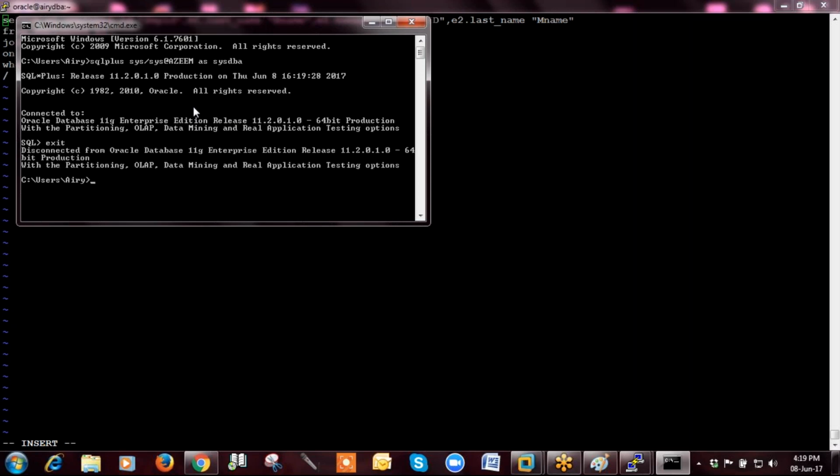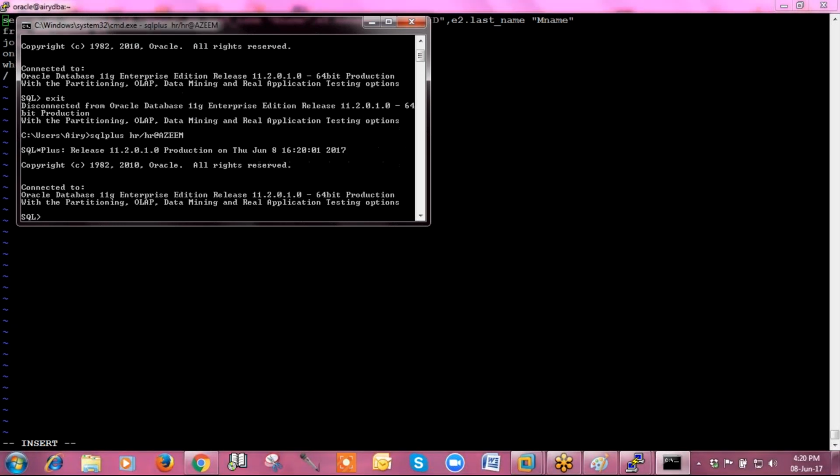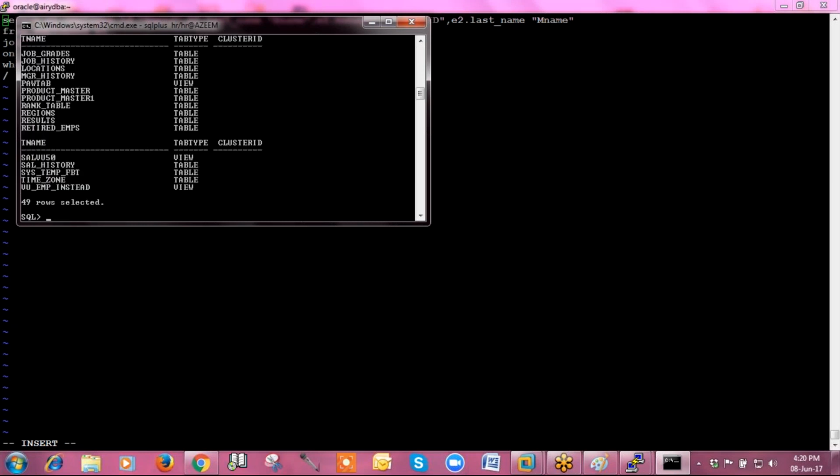If you don't have access to the sys user, then hr/hr@Azim. You are in the HR schema. HR and HR, these are the HR username and password.